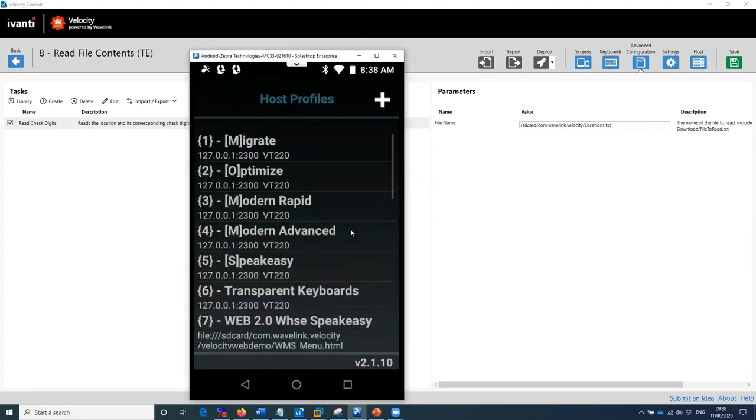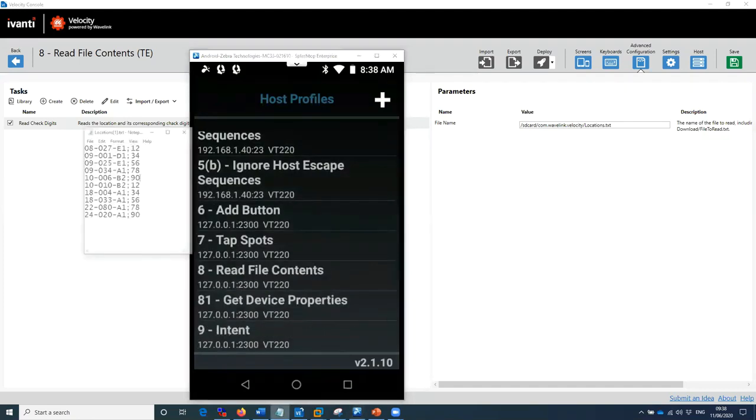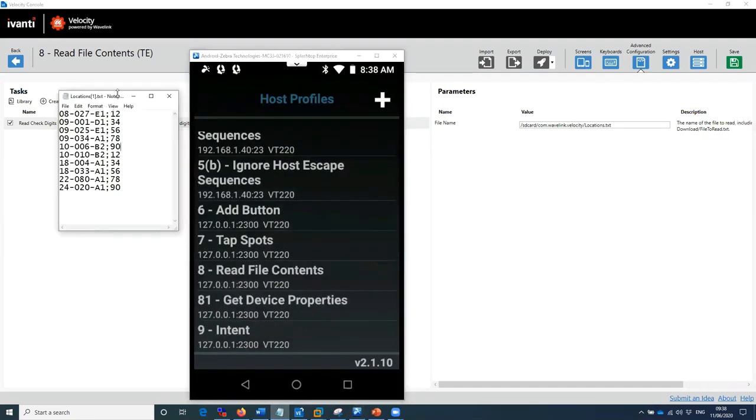And if I show you how that project works, so if I run that project on the device, what will happen is that file contains this particular data. So we have a location code and we have a check digit for that location. We have another location code and another check digit for that location. So what happens when I run this on the device